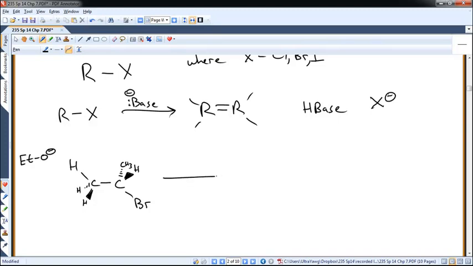and in one step, the rate determining step, the strong base will abstract a proton from the position that's next to where the halogen is. So the halogen is here on this carbon, so I'm going to go one atom over. I'm going to remove a proton, so I'll be making a bond between the hydrogen and the basic atom, whatever it is. The electrons between the carbon and the hydrogen obviously cannot be unaccounted for, so they have to leave and go somewhere. They're going to form a double bond. That would violate the octet of this carbon, and so the leaving group, which in this case is a decent leaving group, bromine, will leave and will give you a molecule that looks like this,